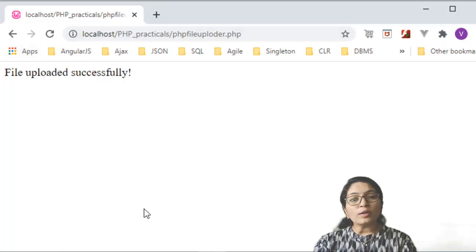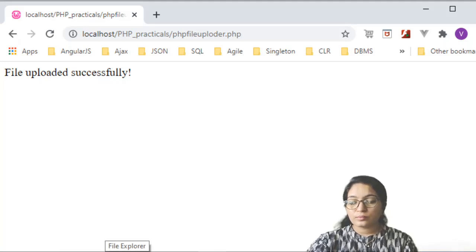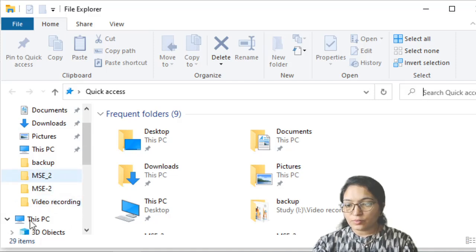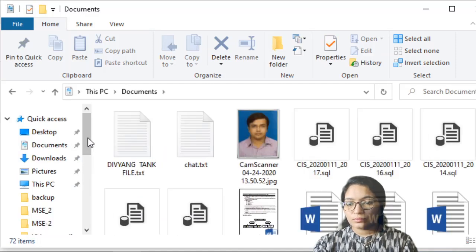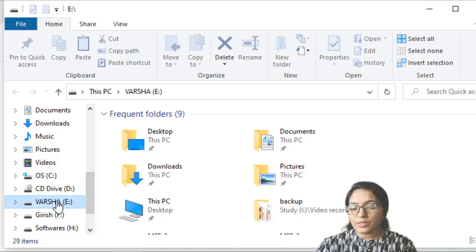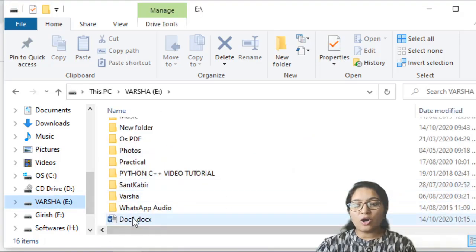Okay, now here you are not able to see it. So let's check it in E drive. So here in E drive, you can see doc1 is there.